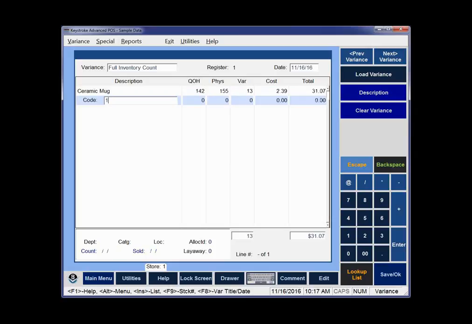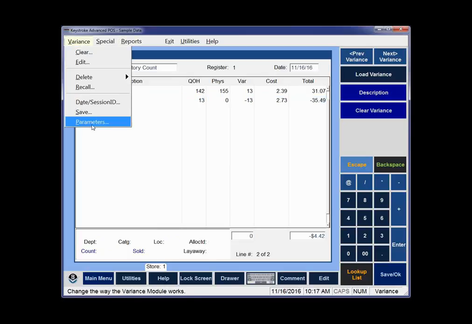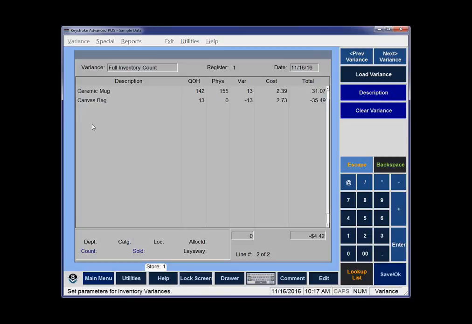Okay, and then I'm going to do another item. Okay, my canvas bag. Well, this can be kind of slow. This is where the autofill or data collectors is all about. So let me show you the autofill. Actually, before we do that, I want to show you the parameters because you want to make sure these are